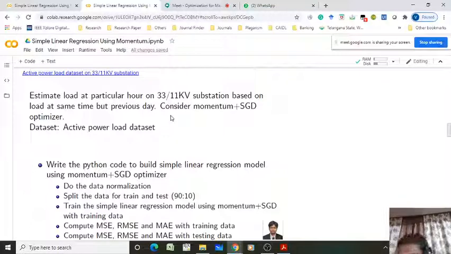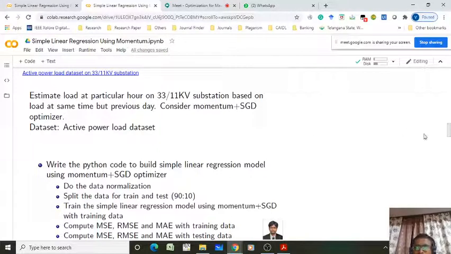That means I want to predict the load today at 8 p.m. based on the load at yesterday's 8 p.m., 24 hours back. Same time, 8 p.m., but 24 hours back. So that is the approach. You have to estimate the load at a particular hour of the day based on the load at the same hour on the previous day.